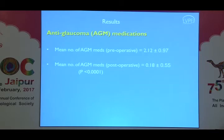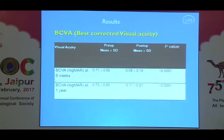in the long run. Mean number of anti-glaucoma medications preoperatively was 2.12 plus or minus 0.97, and in the postoperative period it was 0.18. So there was a statistically significant reduction in the requirement for anti-glaucoma medication in the postoperative period. When we saw the visual acuity improvement, mean pre-op versus mean post-op, calculated in logMAR, there was a statistically significant improvement in visual acuity